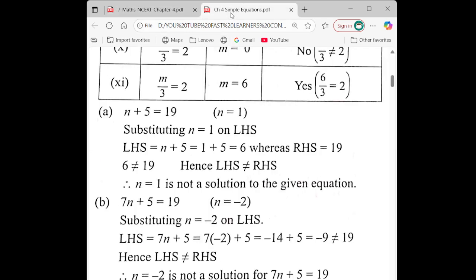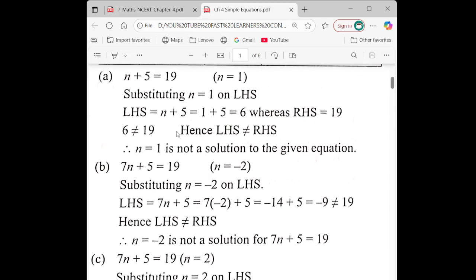So let me show you the answers. Substituting n equal to 1 on the left hand side, here 1 plus 5 equal to 6. This side it is 19. So here LHS is not equal to RHS and n equal to 1 is not the solution